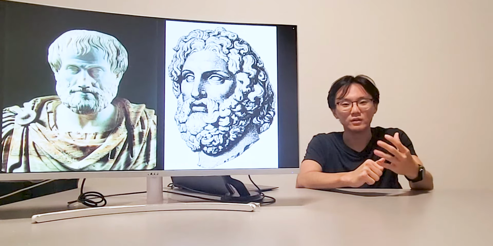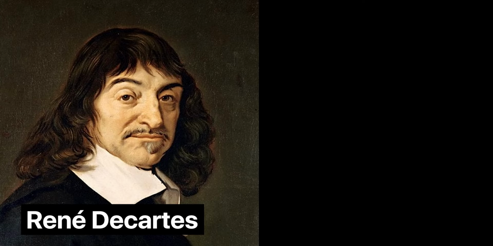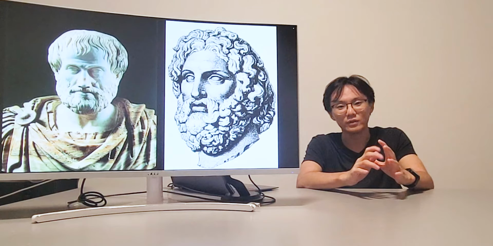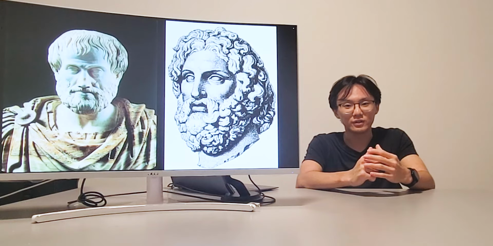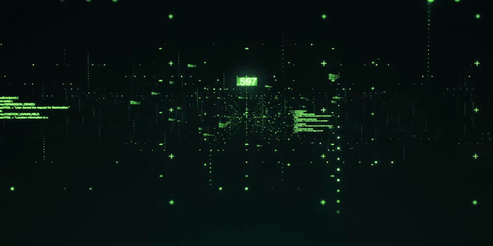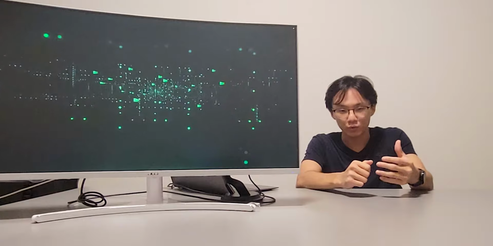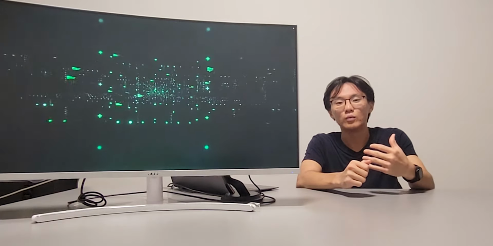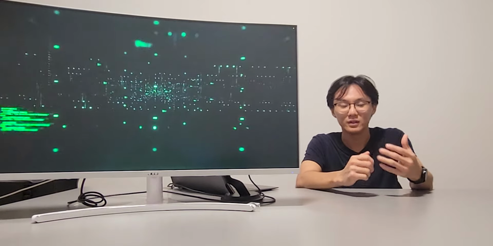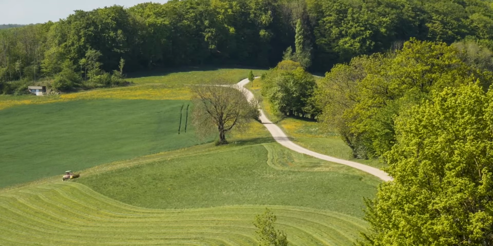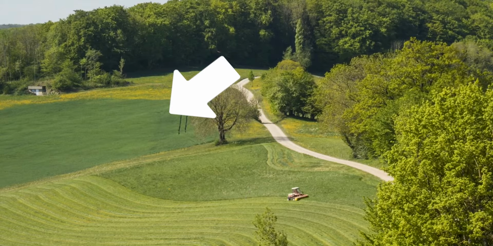And the scientific method has been refined and popularized by other famous researchers such as René Descartes and also Sir Francis Bacon. But even at that point, there was still more growth and still more development to be had. One of the most interesting things that happened afterwards was that science became more data-driven. And by this I mean a lot of individuals started using controls. A lot of individuals started to do more analysis and get lots of numbers and comparisons between different kinds of groups. For example, one lawn that contains some kind of fertilizer and one lawn that was a control, no fertilizer.